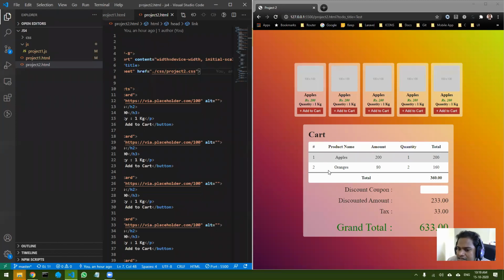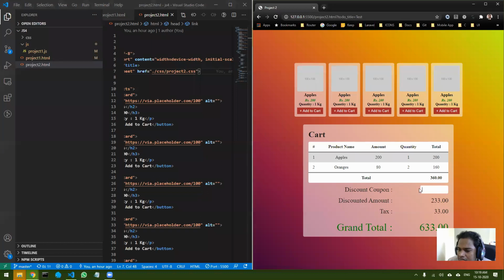Inside this table, if I click multiple times, the quantity should increase. And finally, you should implement a discount coupon code, where whenever you enter a valid discount, a particular discount should be applied, and finally a grand total must be displayed. So this is the project that you can try for tomorrow.